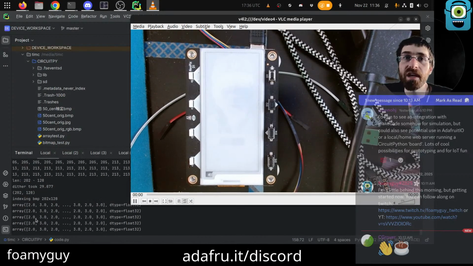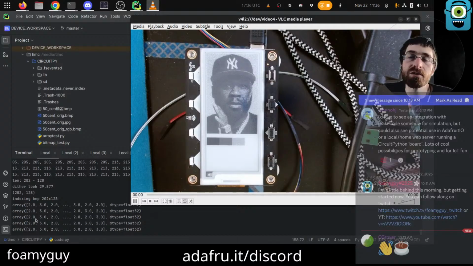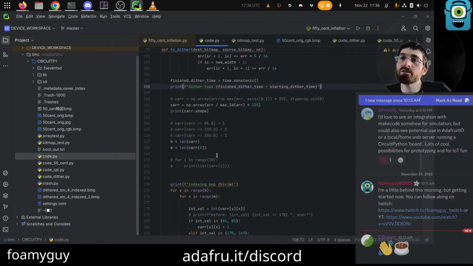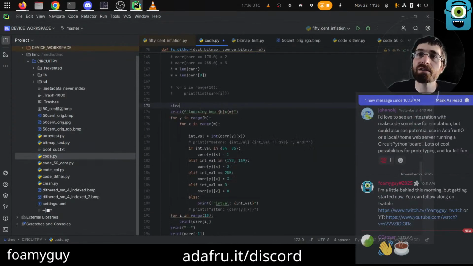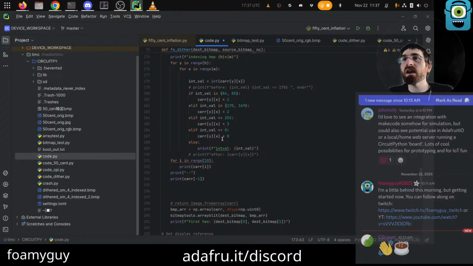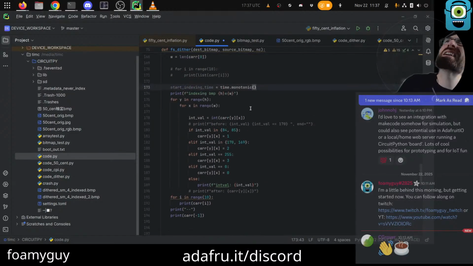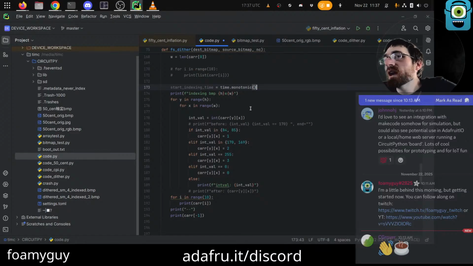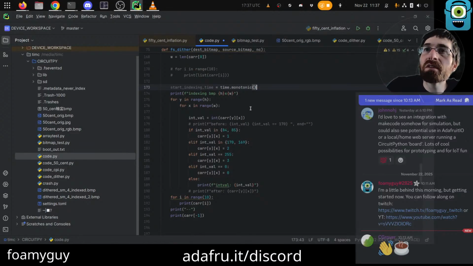Oh, and then the indexing also, it looked like it took a little bit there. I didn't even do indexing. Start indexing time. So one thing we might be able to... no. I was going to say we might be able to get away without indexing, and I think we could,